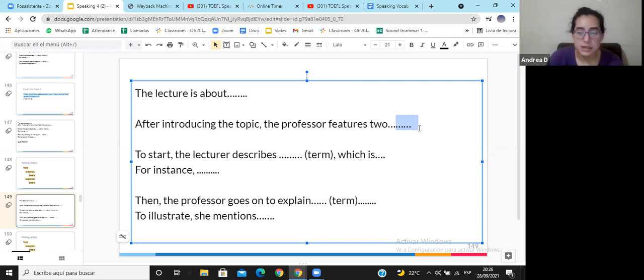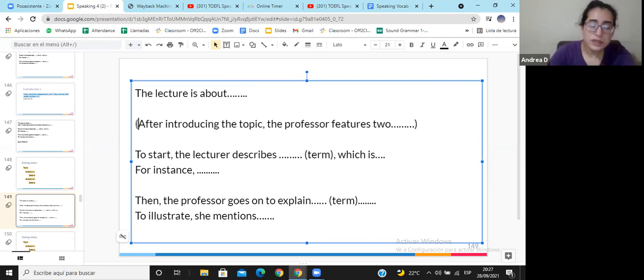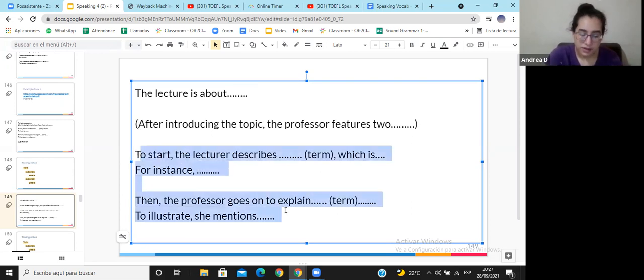But it's not necessary, as you can see, because at the beginning you can just say the lecture is about consumer decision making and the two factors that make up quality. And that's okay. So it depends. If you want to save time, you can skip this part. It's like an extra option. Okay. And then you go right off to explaining what the